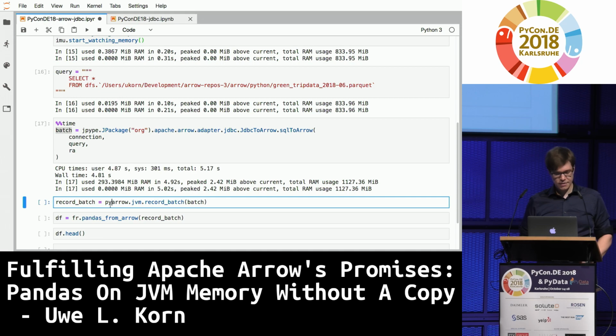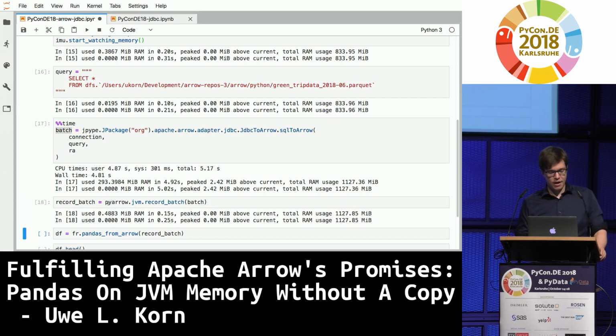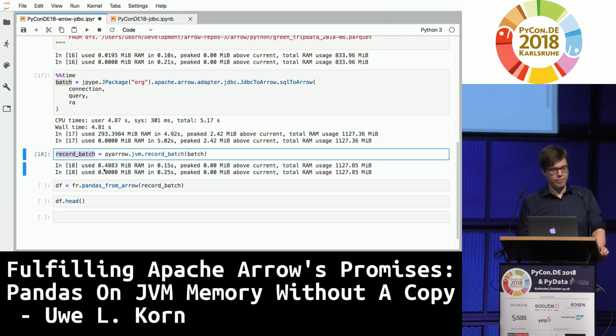The next thing is I have that data in memory, but now I want to have it in Pandas. Or actually, I first want to have it in Python. I can then call this JVM record batch, which takes a JVM record batch and turns it into a Python record batch in Arrow. Small bit of metadata added, 0.4 megabytes. It's okay. It's a bit more than I would have expected, but it's a lot less than my 300 megabytes